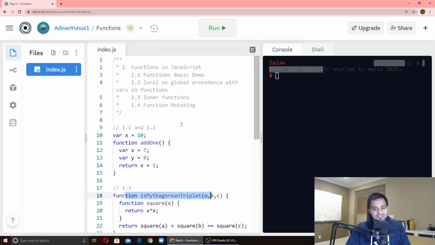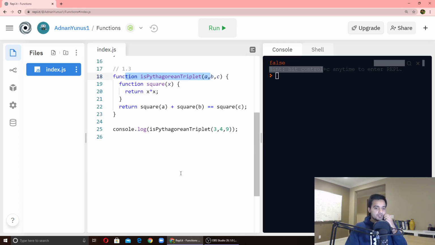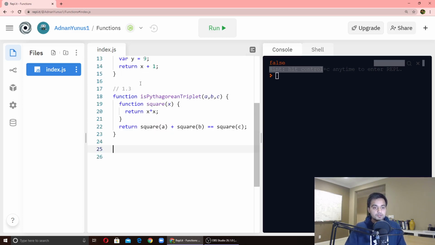And now let's talk about hoisting. So what is hoisting? In JavaScript, there is this notion of order in the sense that you have to make sure that the variable or thing you're using is declared before you use it. So if I say x equals 10 and then I declare it later, that might cause an issue. But with functions, something very important happens. When you run JavaScript files, the functions are automatically hoisted to the top so that you can use them earlier in the code. So for instance, had I moved line 25 to up here,